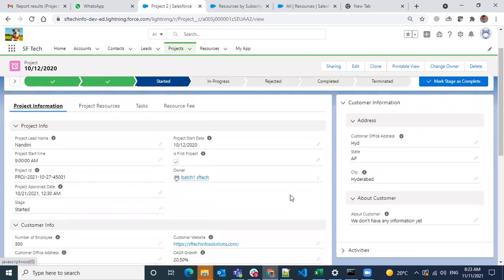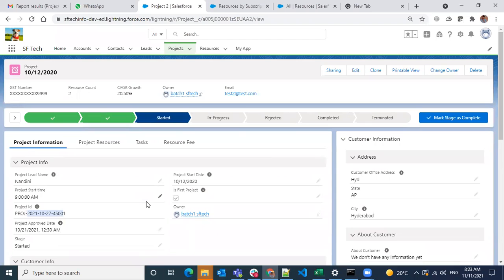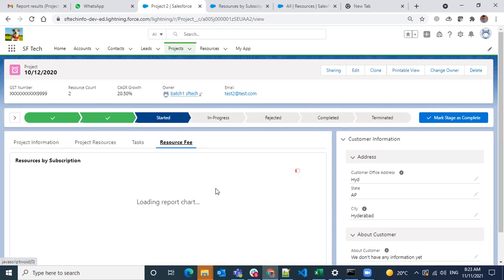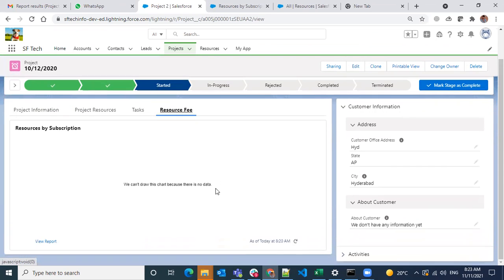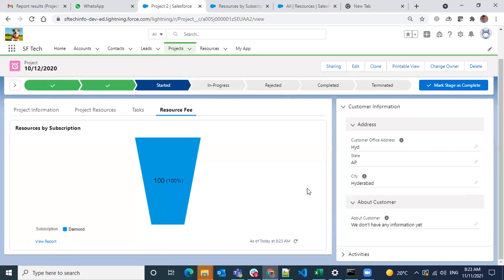Where you're not seeing the ID? This is the ID you're saying? Yeah, I mean in the chart filter. In the chart, you make project ID as a filter. So when you apply that project ID, the data was not populating, right? Correct. When you remove that filter, data was populating.